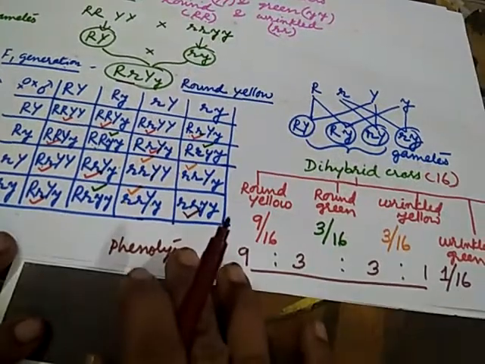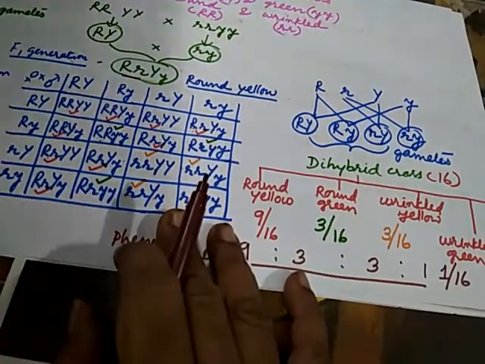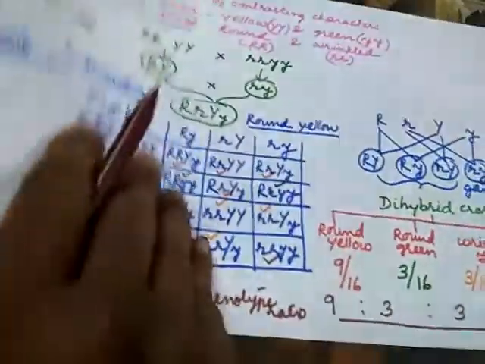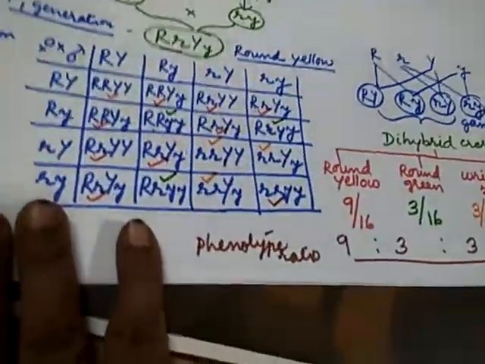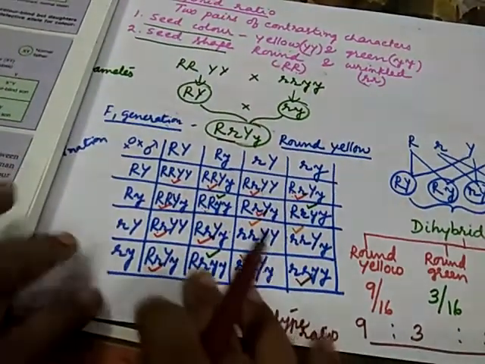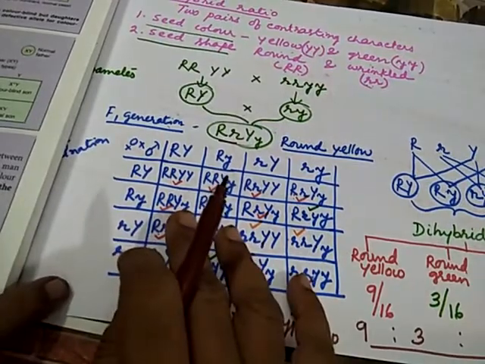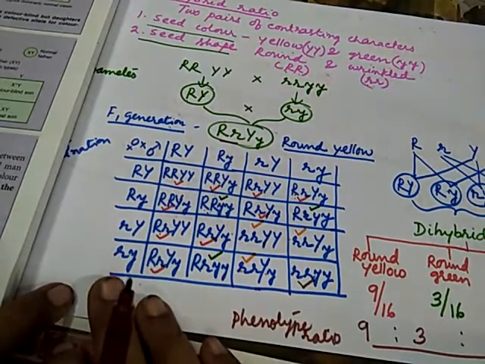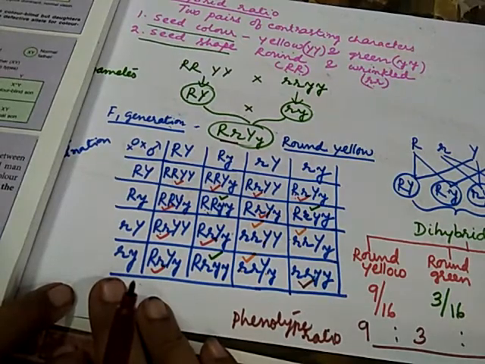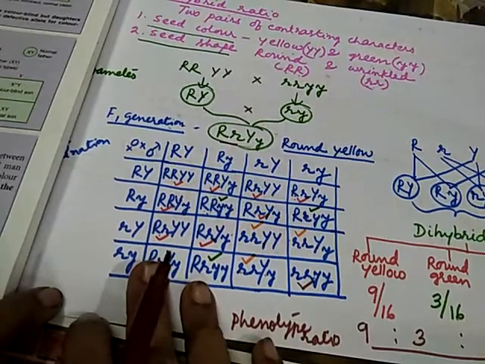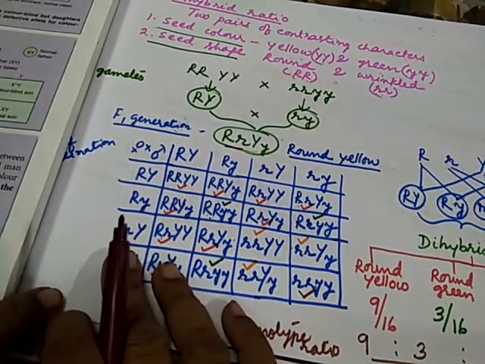Then we will be looking at X-linked inheritance. This is the third and last part of your terminology. Sex-linked inheritance is based on X-linked inheritance, that is, the appearance of a trait which is due to the presence of an allele exclusively either on the X chromosome or on the Y chromosome. So it depends upon the X chromosome or Y chromosome.